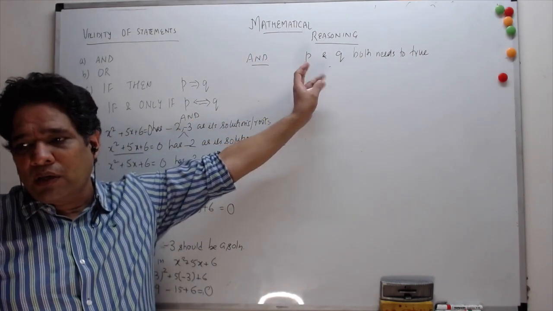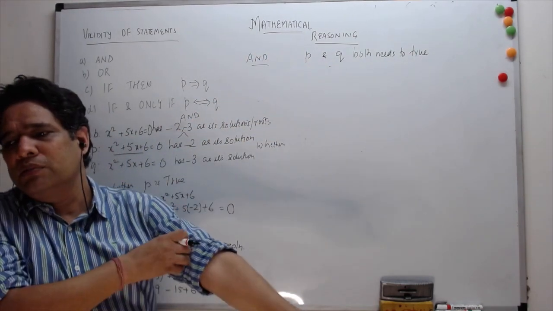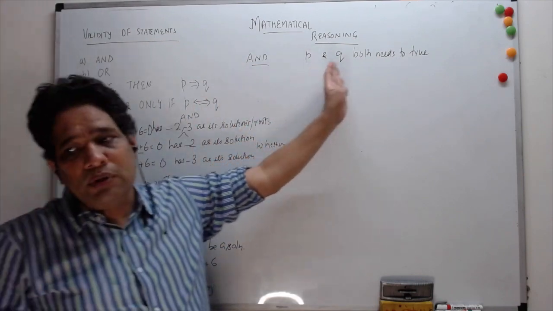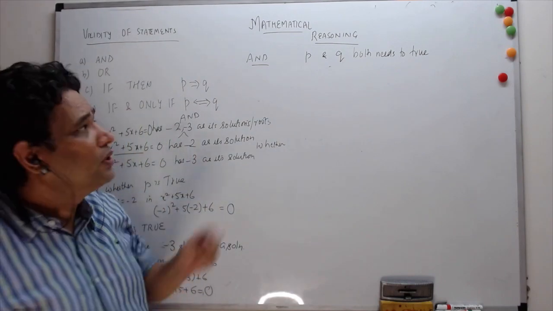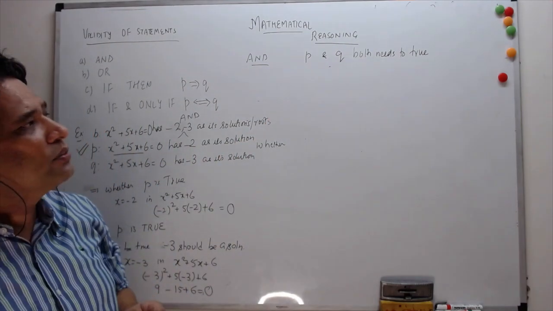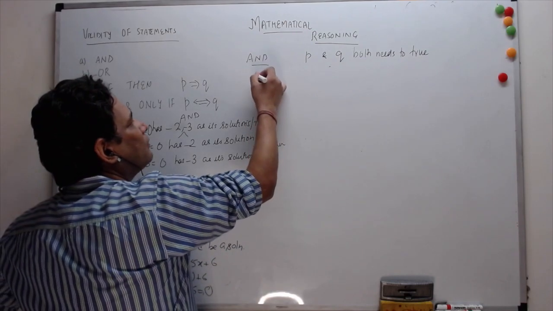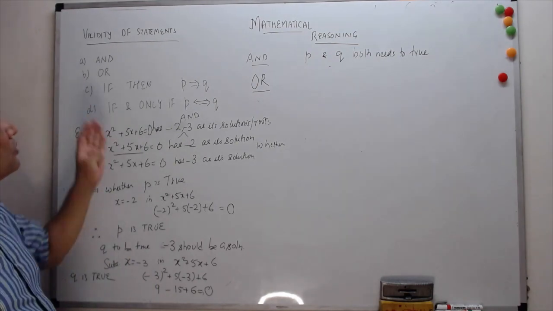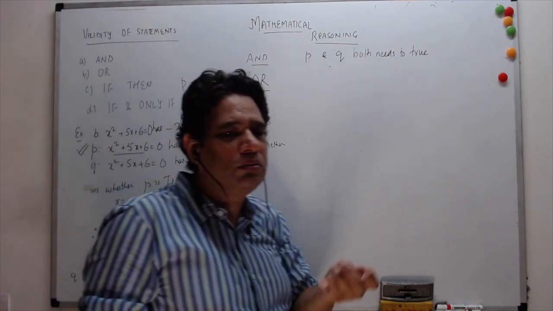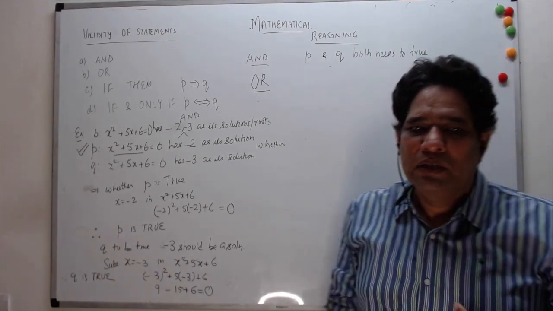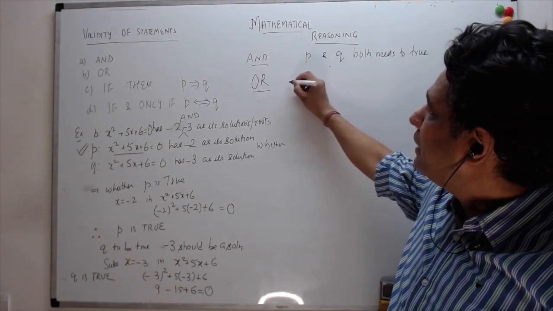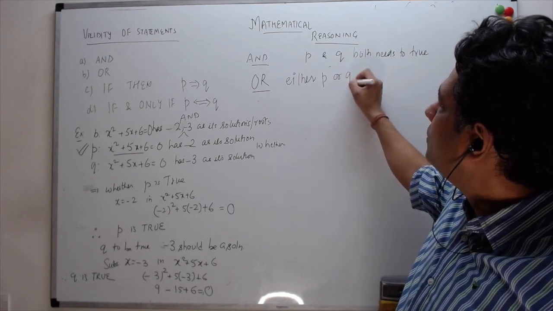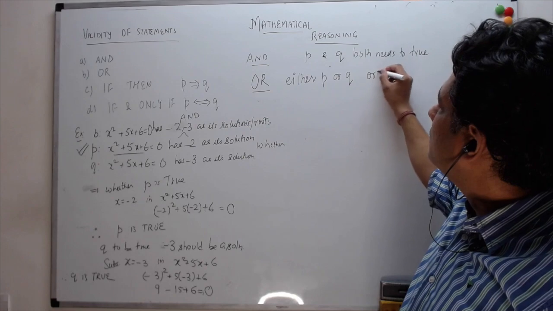We should be aware of how to prove these individual statements to be true, but we should additionally be aware that for this entire statement, both the conditions need to be satisfied at the same time, or both the component statements need to be true at the same time. For evaluating an OR statement, a compound statement which could be formed out of two or more component statements, we just need to prove either of them. Either P or Q or both.